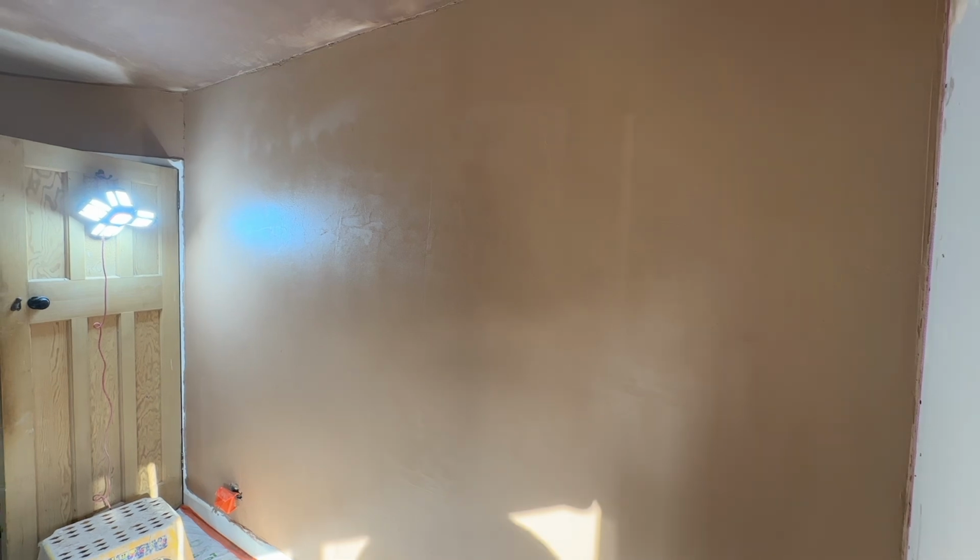And to get over this, you can see I've just given it a speed skim, but if I go close, you can see the grid pattern just sort of bleeding through there a bit. Very similar to going over Artex. All you have to do is just let it go off a little bit more, let this coat really firm up